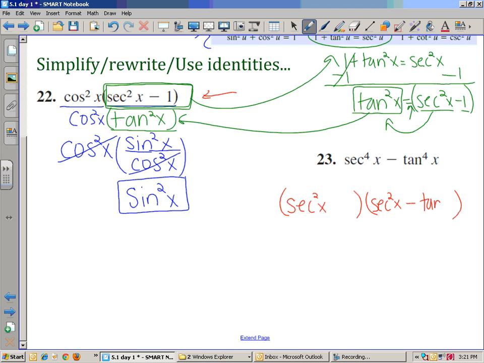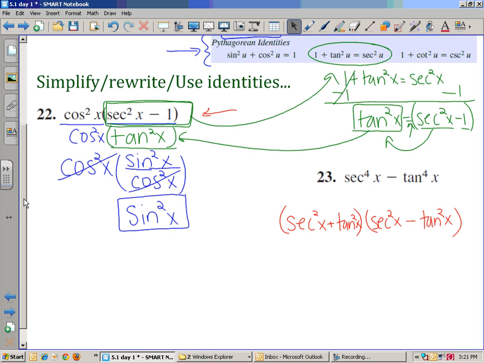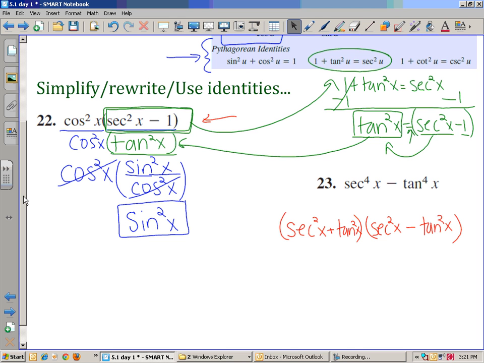And this, I'm hoping some of you will remember, is just like a difference of squares. And so what I want to do now is start using these identities and make some substitutions. So, let's do it this way. Let's say we have,